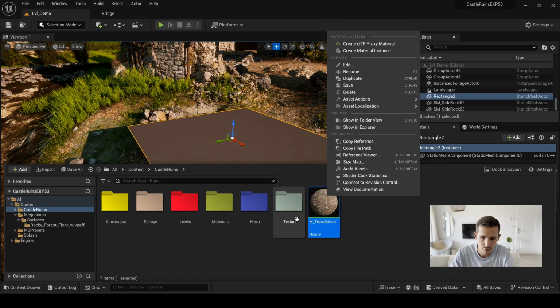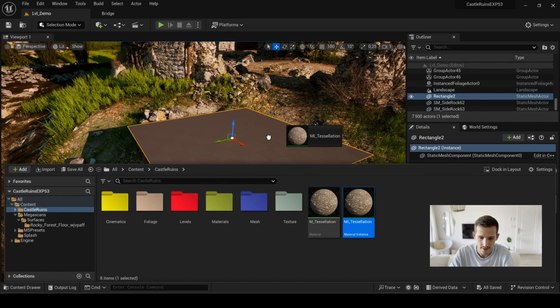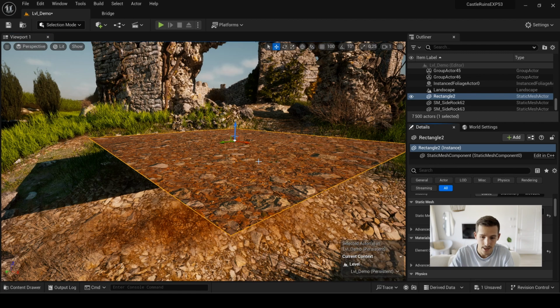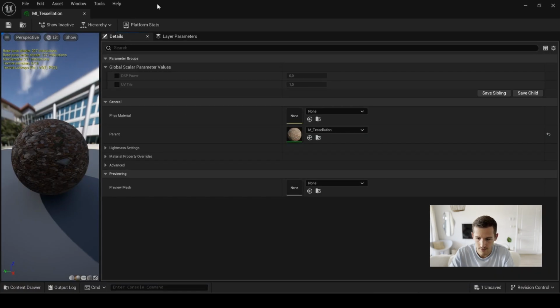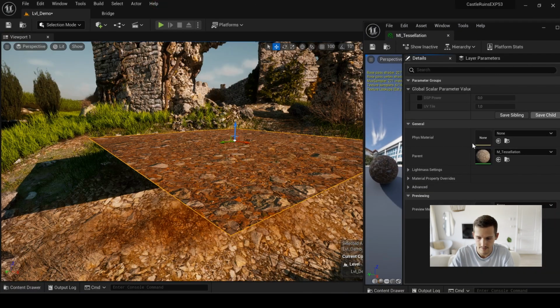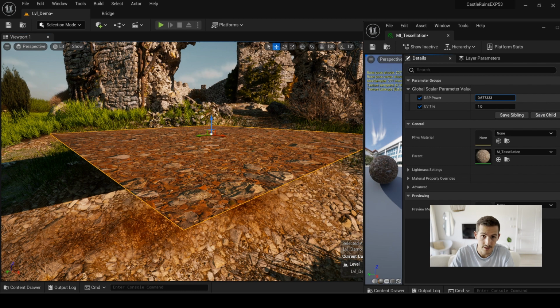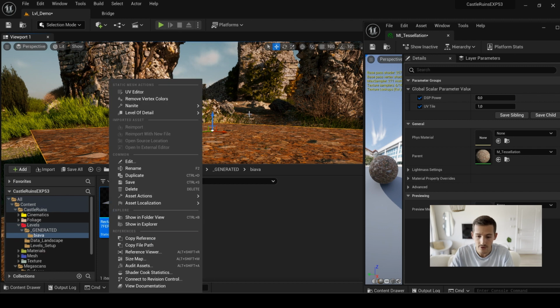Once that's done, go back to your scene, create a material instance that you assign to your plane, and let's check our displacement tessellation system via our material instance. And here, if you try to increase the intensity of the displacement, nothing happens. This is because tessellation, the way we're currently doing it, is only effective on Nanite meshes. This means that we need to activate Nanite on our mesh to see the result. To do this, open your content browser, right-click and select Nanite at the top.